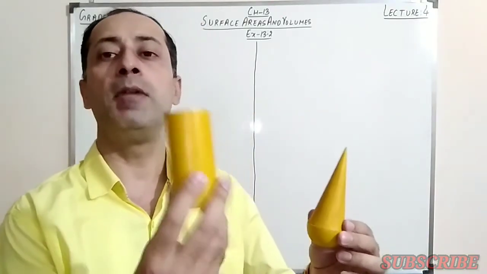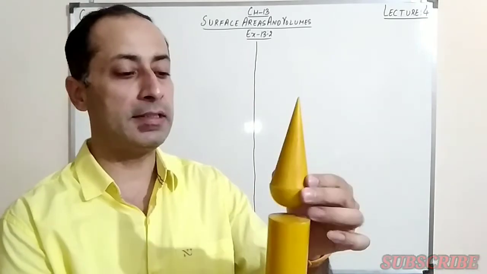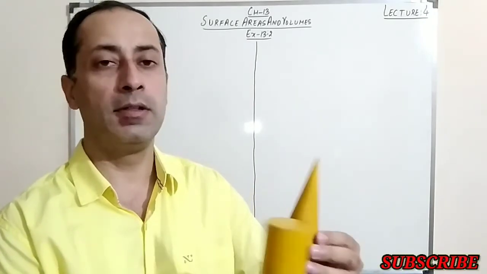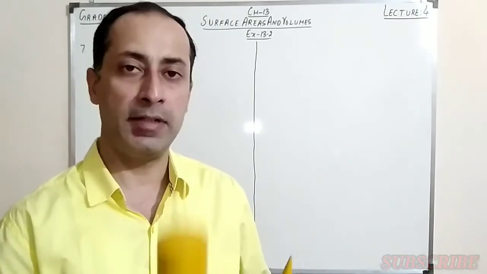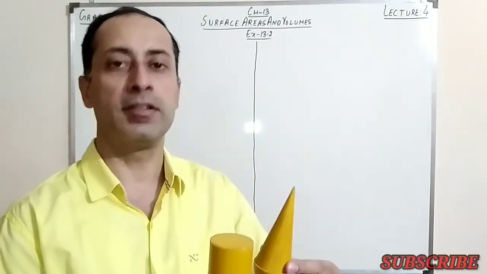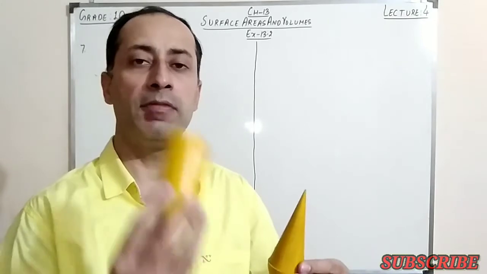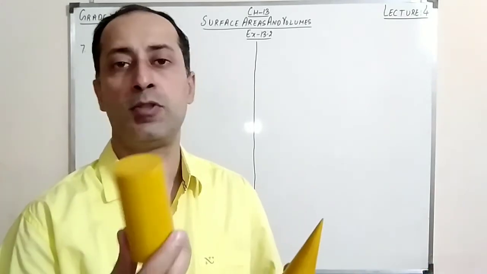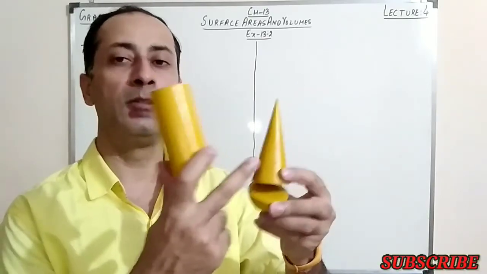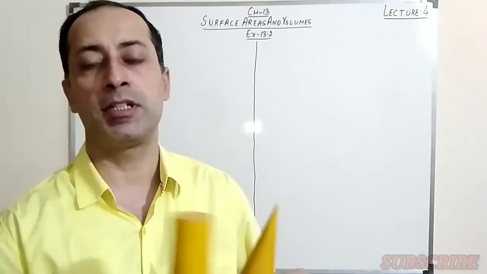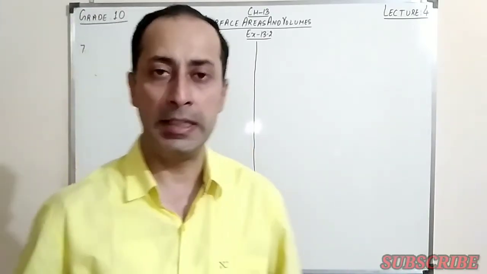This cylinder is filled with water. Obviously when we put this inside this, so what will happen? The water comes out. Now we have to find how much volume of water is left inside the cylinder after putting this thing, right? So for that what we will do, we'll find the volume of cylinder because that is the total volume of water, and then we will subtract the volume of this combined solid, this is cone plus hemisphere, from the volume of the cylinder, right?